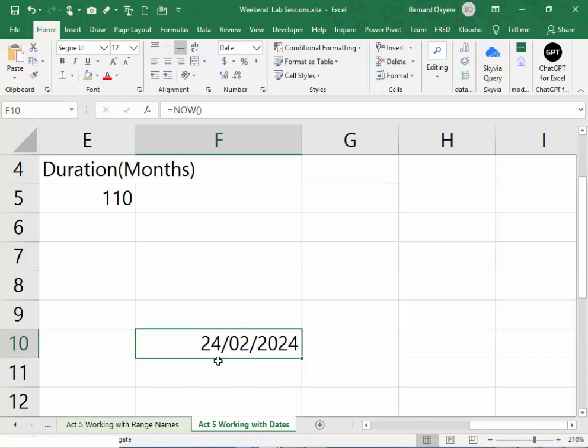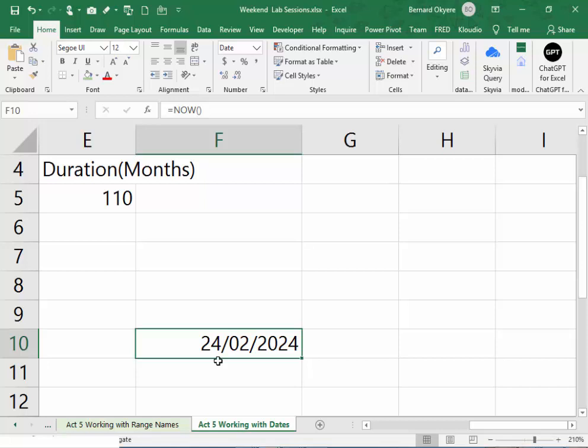The now or the today function runs as a macro anytime you open the cell. So it goes to check your dates and your time and picks it, and that is you. It's like you picking or writing the date and the time in the worksheet or in the workbook again. So please, if you don't want the date and the time to be changing in any sheet or data